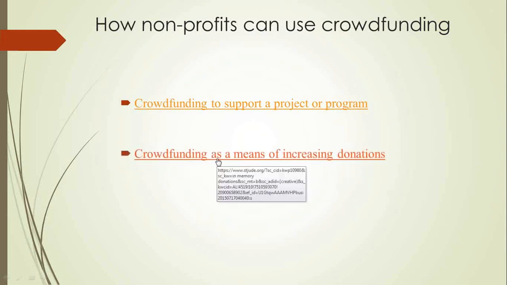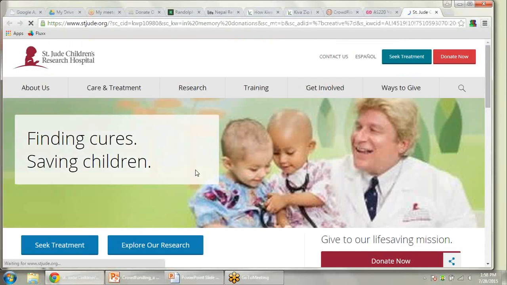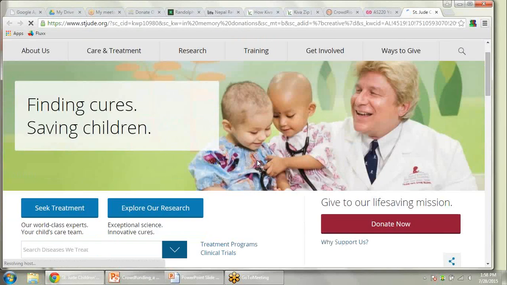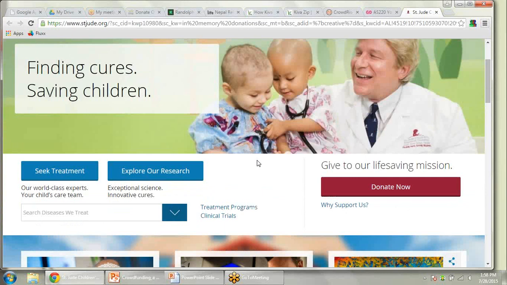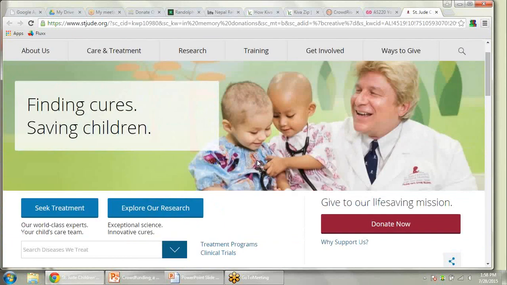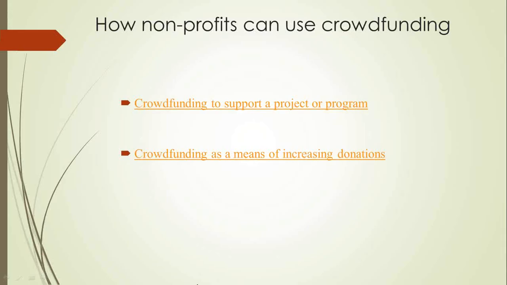Next one, if you hyperlink here, this is going to take you to a St. Jude's donation page. Now, this is one of the simpler things you can do with crowdfunding, in that it's not a campaign, it's just an ongoing donation. St. Jude's has the distinction of being one of the foremost children's hospitals, so this works well for them. It's pretty static and doesn't interact with an audience. It just gives you the ability to give, but it's an example of a very simple crowdfunding mechanism.